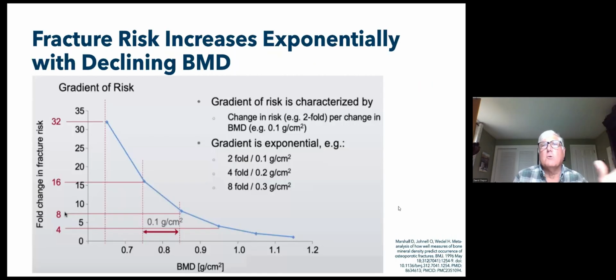If you look at declining DEXA scan numbers or the T-score, and this is the actual reading in grams per centimeter squared, every decrease of 0.1 in grams per centimeter squared is a 2 times increase in fracture risk. So DEXA scan, if it's done appropriately, is an excellent predictor for fracture risk, particularly when you get to the